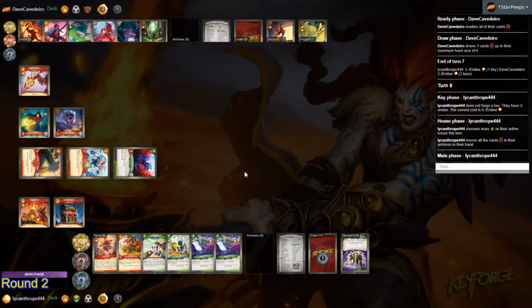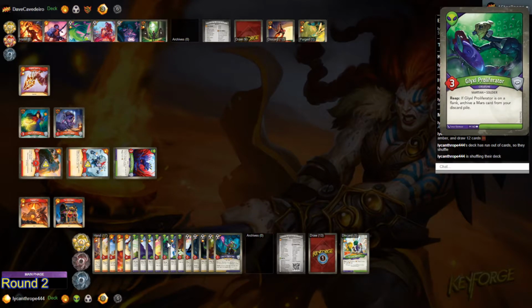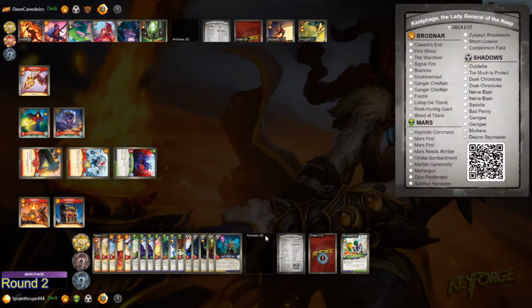You throw down rock. Your next Brobnar turn, you play Rock Hurling Giant, and then your hand's full of Brobnar cards, and you just clear the board again. That's true. All right, here we go. There it is. Oh my god, 17 cards in hand. Proliferator plus Mars first is gonna... He did not hit the combo,